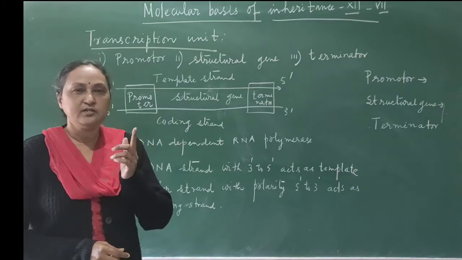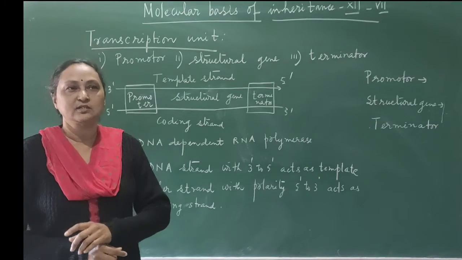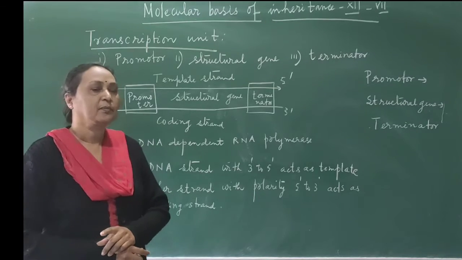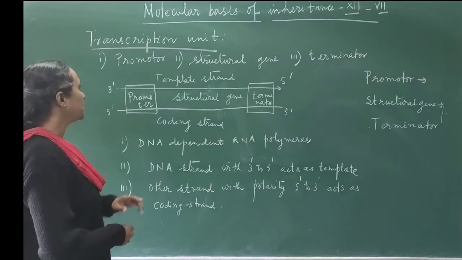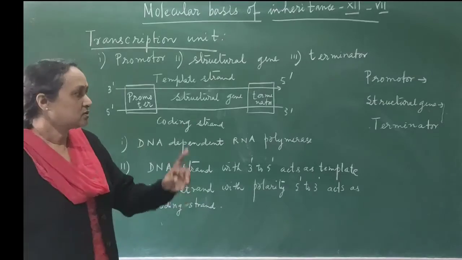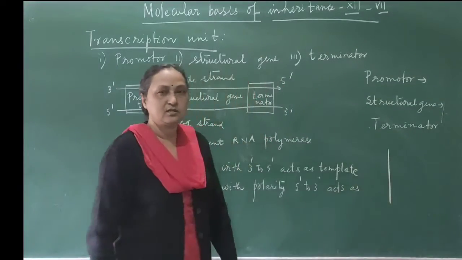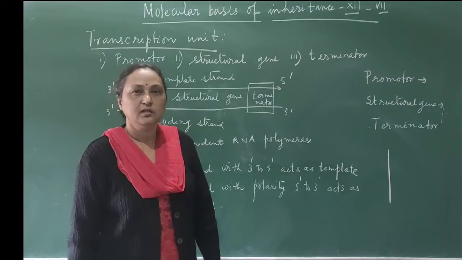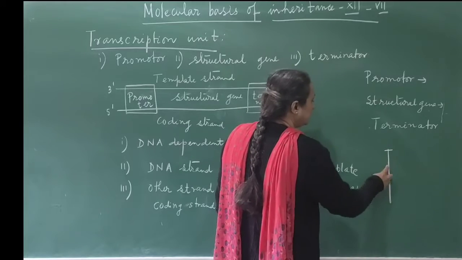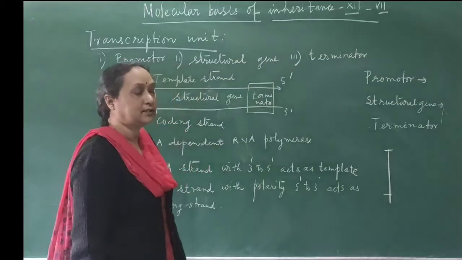सो द डिफरेंट जीन्स or the different part of the DNA, they are participating in the transcription unit and a short molecule of RNA is produced. Okay. Transcription unit consists of promoter, structural gene and terminator. So that is a small DNA. Now if this is a small DNA which is participating in this process, then you can find there is a promoter site. Then the middle part is called the structural gene and the end is called terminator.